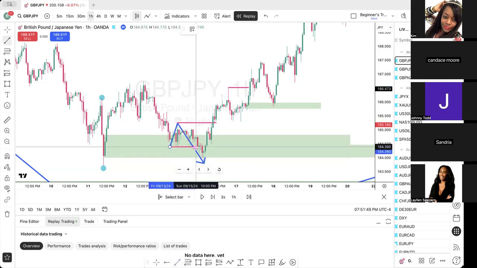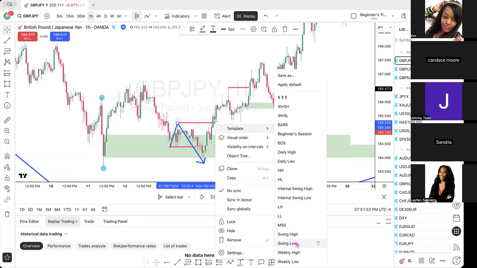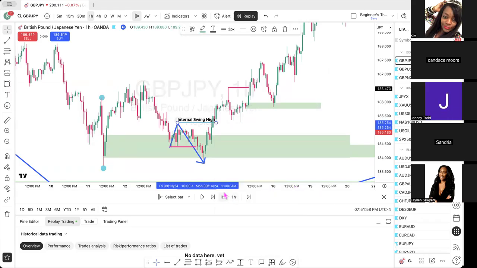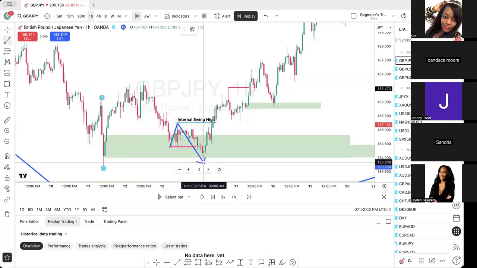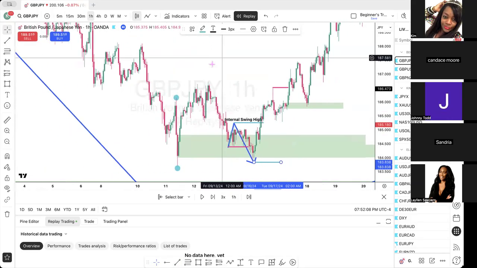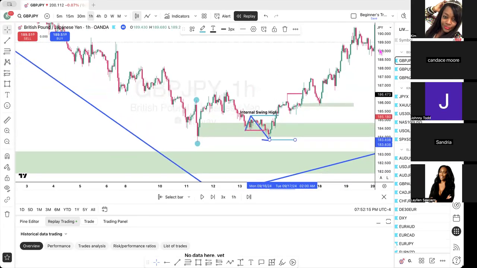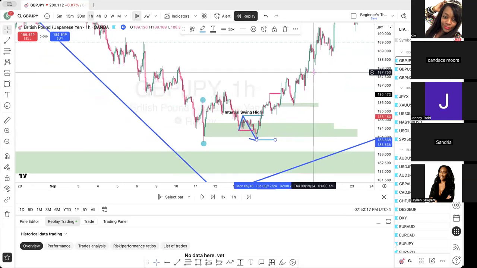If this is a break of structure, this is the swing high. Internal. And matter of fact, let me mark it up as an internal swing high and then the swing low. Okay. Soon as you see that shift, because you know you're supposed to be going bullish, that's when you can start taking the buys. And it's up to you how far you want to go. If you don't want to swing it,